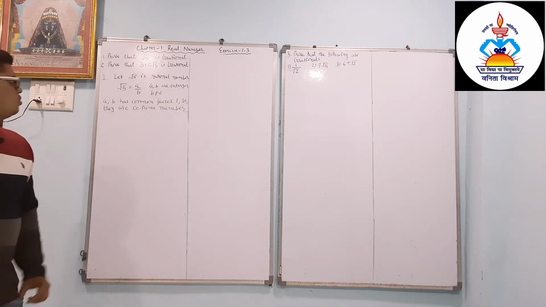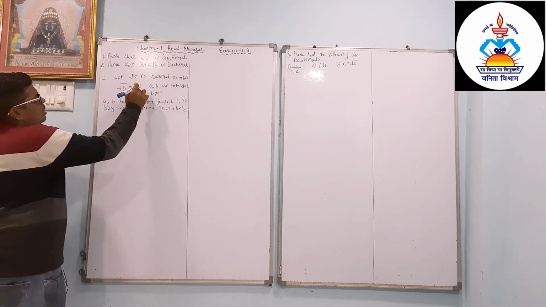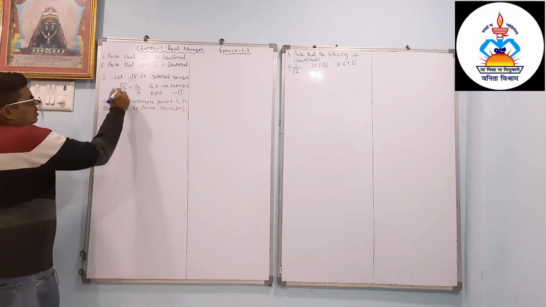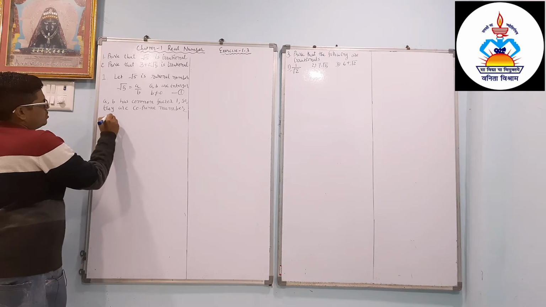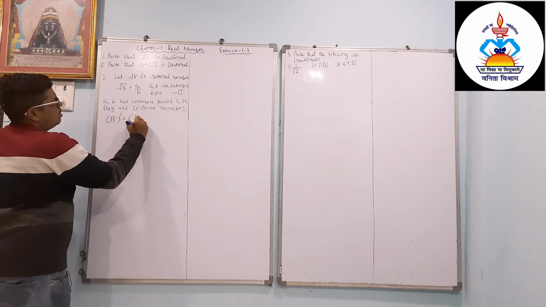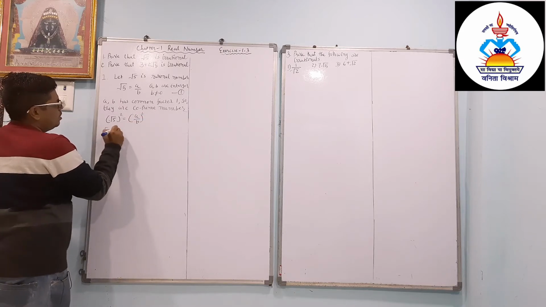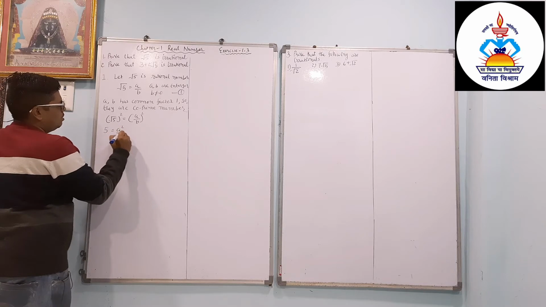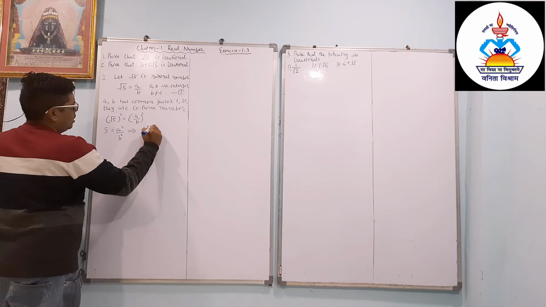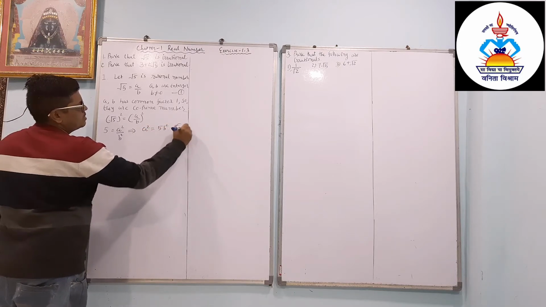Now we will focus here on root 5 equals a divided by b. We can call this result number 1, or equation number 1. Now we will square both sides. So we can write root 5 squared equals a divided by b, whole squared. Root 5 squared is 5, and this one is a squared divided by b squared. So we can write a squared equals 5b squared. We can say that this is result number 2.